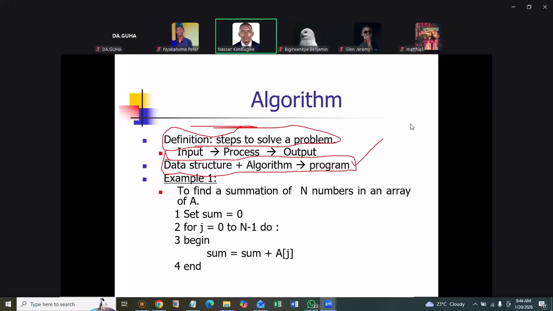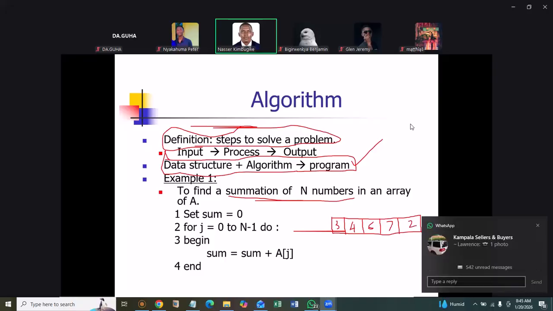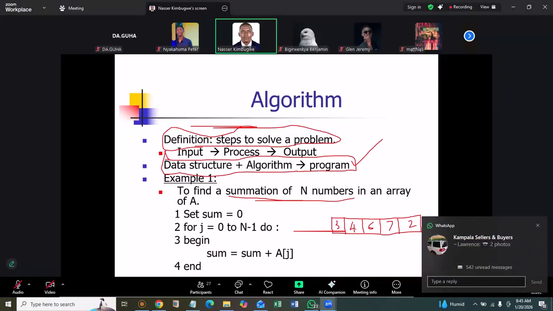So here is an example. You have a problem and you need to come up with a solution. Like for example, find the summation of n numbers in an array. So if you have an array, like for example, if this is an array, and you have maybe 3, 4, 6, 7, 2. So it has 1, 2, 3, 4, 5 elements,